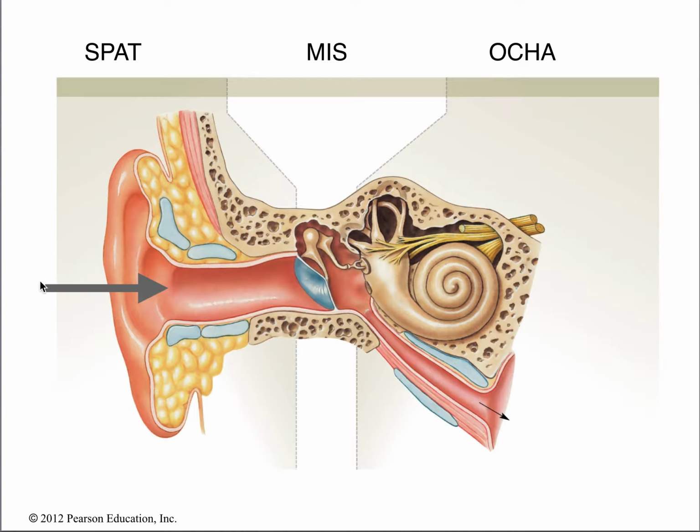So sound passes through what we call the pinna. I just remember this as hearing a pin drop. The pinna is also known as the auricle. Sound then transmits through this. This is called the auditory meatus. Be careful, it's not the auditory tube. This is the auditory tube. This is the auditory meatus. So once it ends at the meatus, it hits the eardrum, also known as the tympanic membrane, and then it